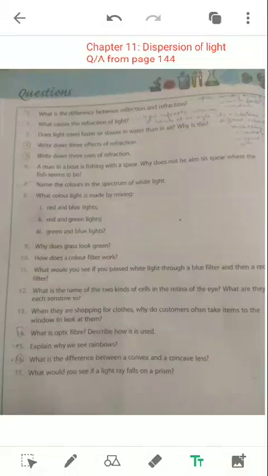Good morning, students. Today we'll be looking at the question answers of chapter number 11, Dispersion of Light. So open to page number 144. Before I start, let me remind you that we have done this